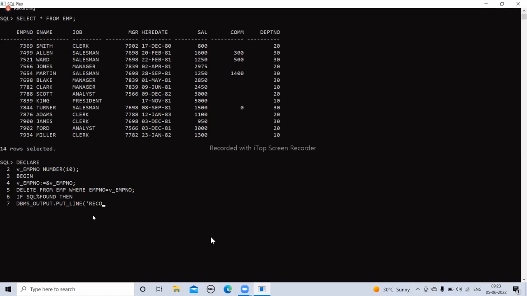Simply record, or else, row found and deleted. That means your query is successfully executed. Otherwise, the else part. Here I'm using an if else condition. In the else part, what we want to do is DBMS_OUTPUT.PUT_LINE of